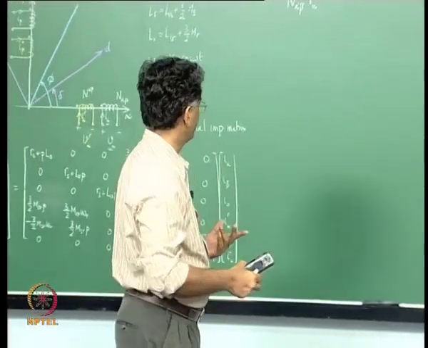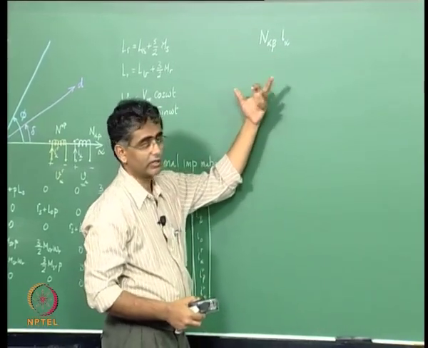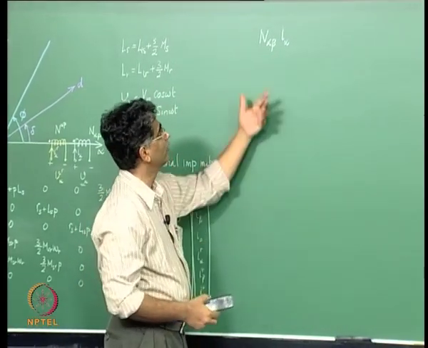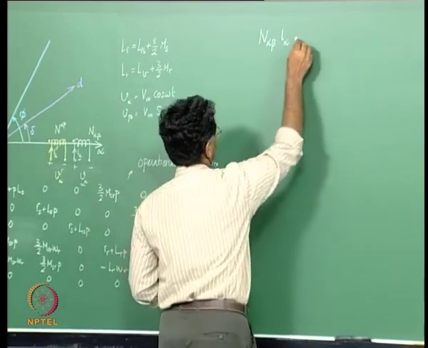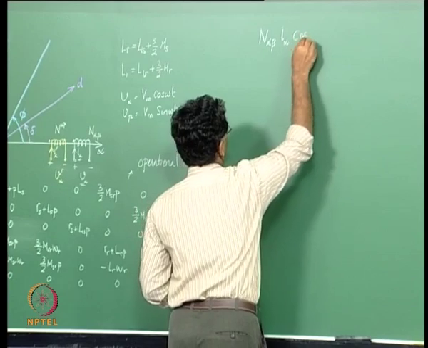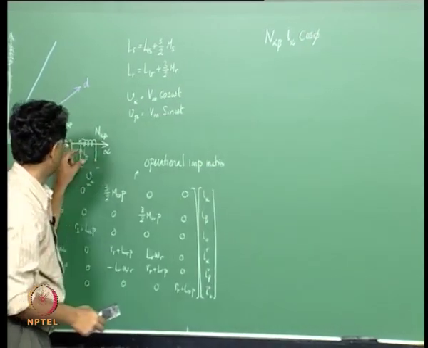Since it is going to be a fixed number, some scale factor will be involved looking at the amplitude of the MMF. However, this is enough for our equations now. This multiplied by cos phi is going to be the MMF